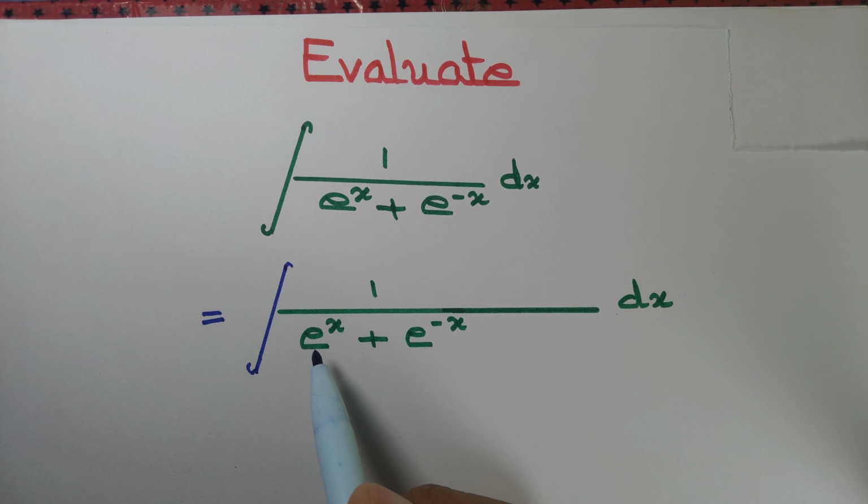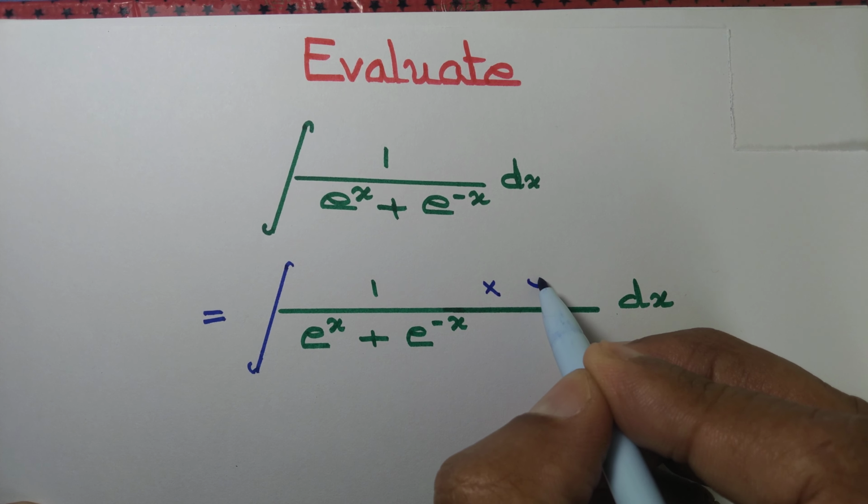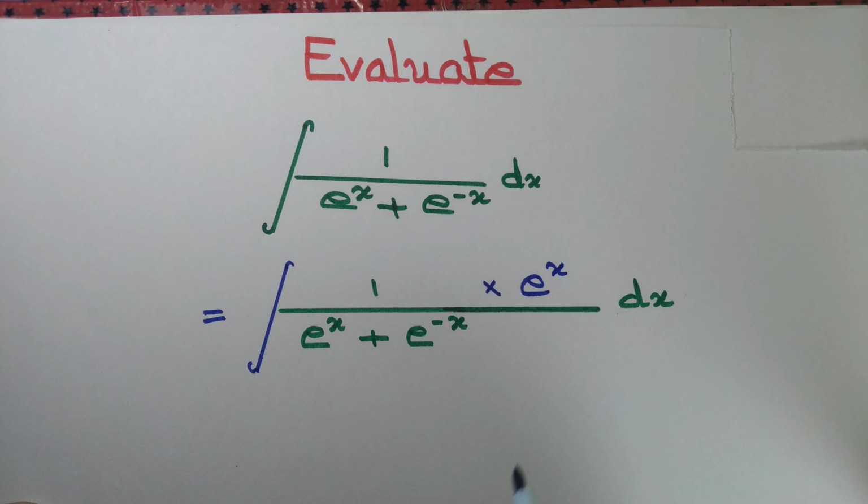We have e to the power x, derivative of e to the power x is e to the power x, but we don't have e to the power x in the numerator. So why don't we multiply numerator by e to the power x? But once we multiply numerator by e to the power x,